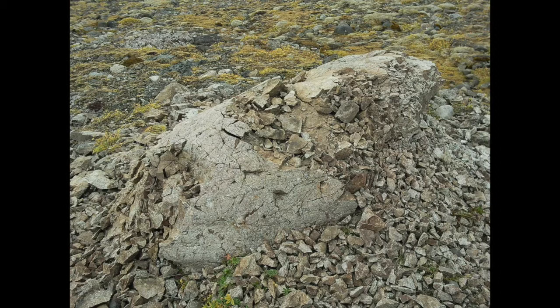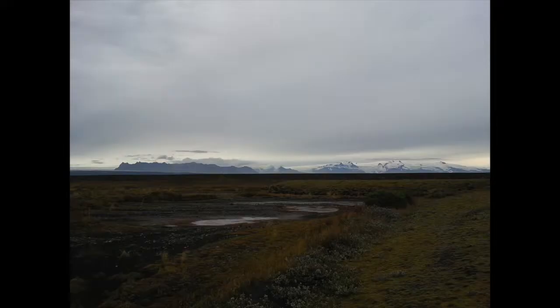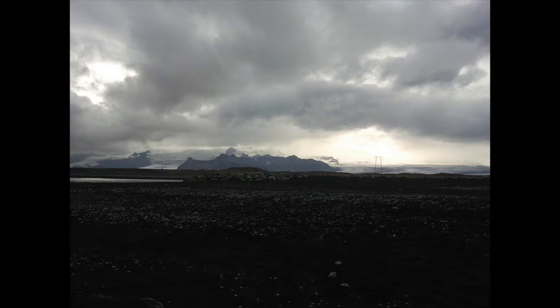Today was the day of the glaciers, and today is also the day of mispronounced Icelandic names, because I think I will just fail to pronounce the names correctly. But let's start right away from the beginning. We wanted to see some small parts of the Vatnajökull, the largest glacier of Iceland and also the largest glacier of Europe. And in this case, we started off and at first we made a short stop at the